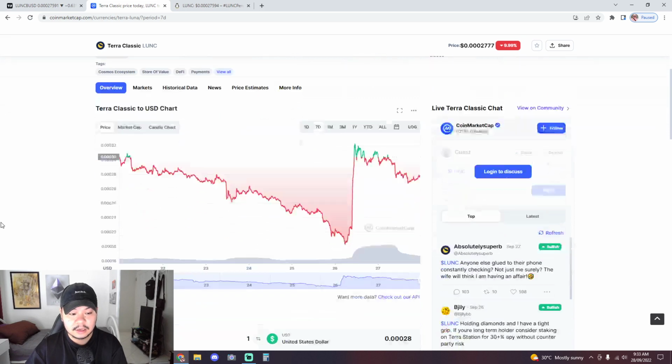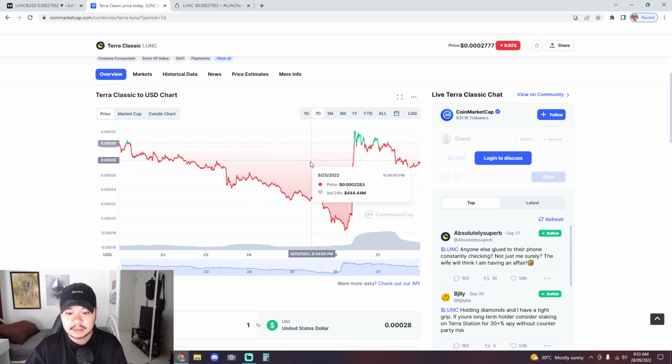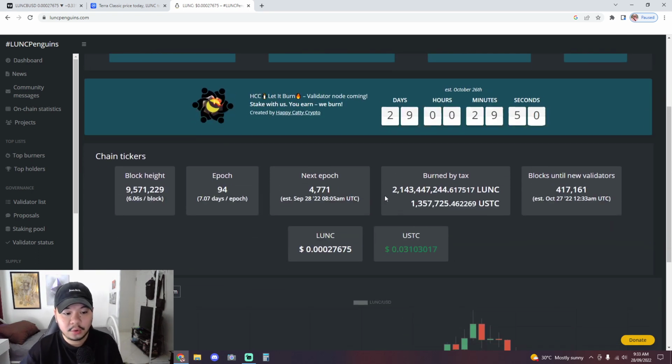Like I said, you guys can obviously clearly see it went all the way back down to the 18 range, and then we had this pump up in a matter of a few hours, 2 to 3 hours. It went all the way to 32, and then it just dipped, because I'm guessing people took their profits from that pump. And let me give you guys a quick update on the Terra Classic tax